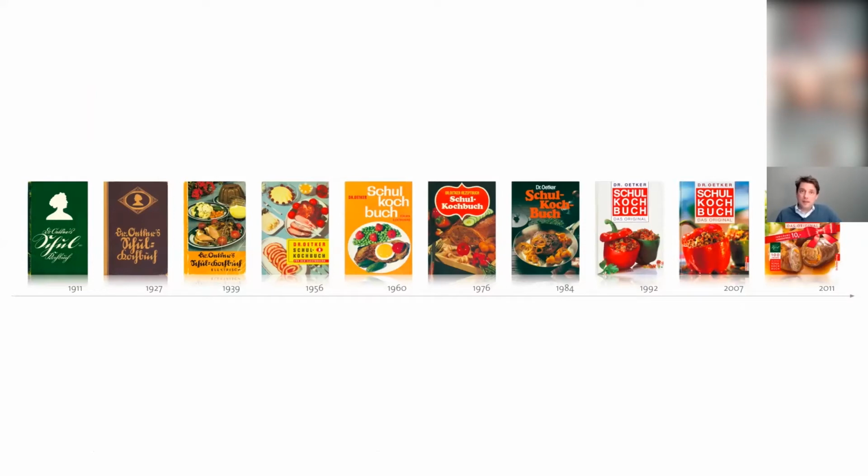And the idea behind this is obvious. You produce something, content, that is not just advertisement. So it's not just to sell your message, but it has a standalone value for the group of customers that you're trying to reach. So they will ideally use it often, such as a cookbook. It will be on a shelf in the kitchen somewhere, and ideally you will take it out every day. You will search for recipes, you will work with it, and whenever you do so, the brand, in this case Dr. Oetker, will be there visible somewhere.